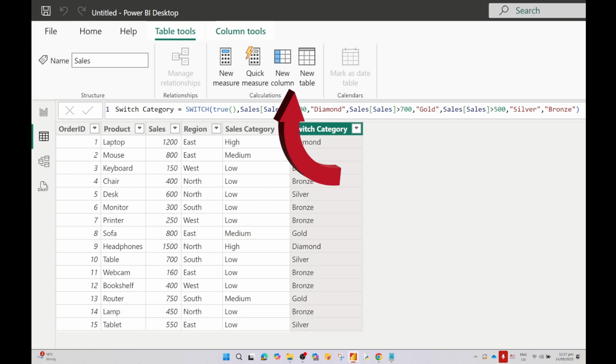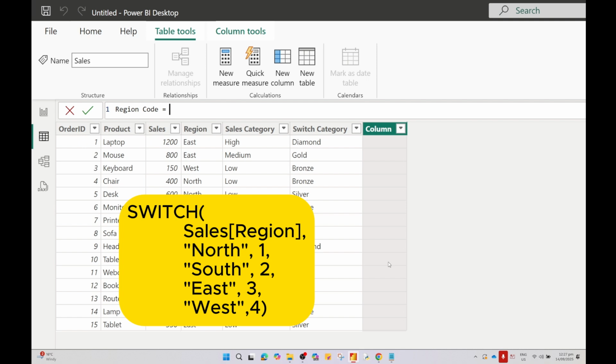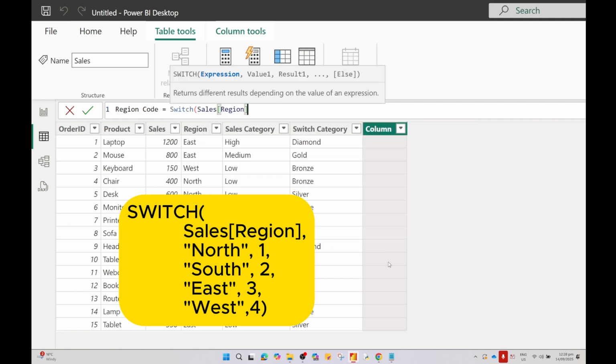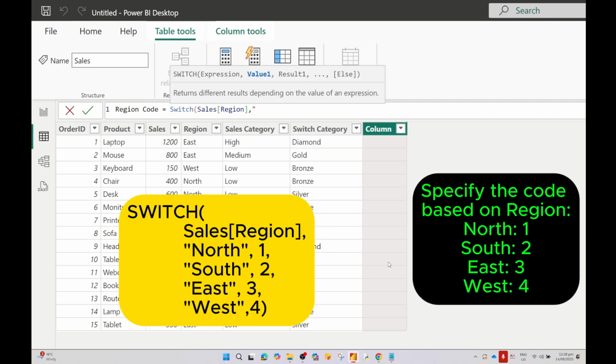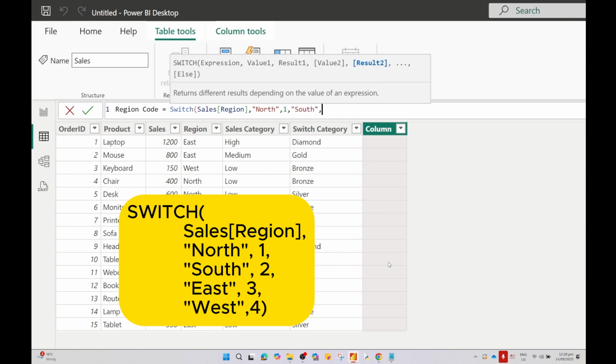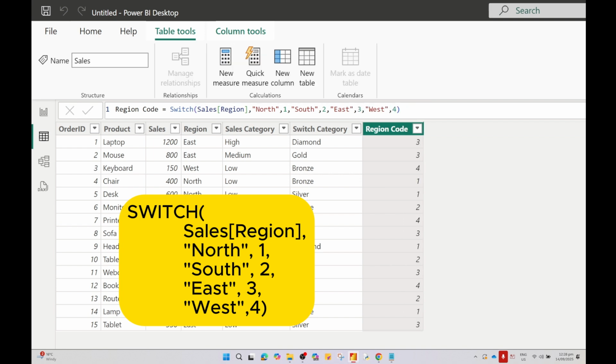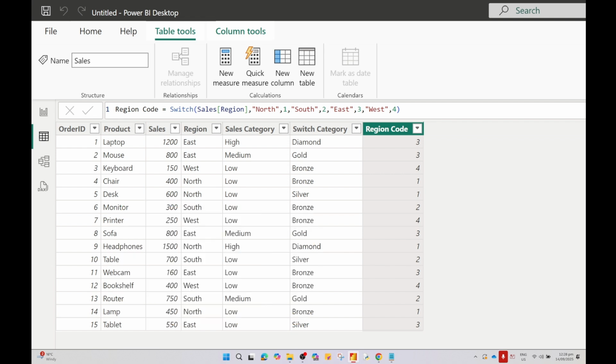Create a new column, type Reason Code equals to SWITCH, select the Reason column, comma, now specify the values. So if it's North, the value would be 1. If it's South, the value would be 2. If it's East, the value would be 3. If West, it would be 4. Press enter. So in this way, for multiple conditions, SWITCH statements are easier to use and more